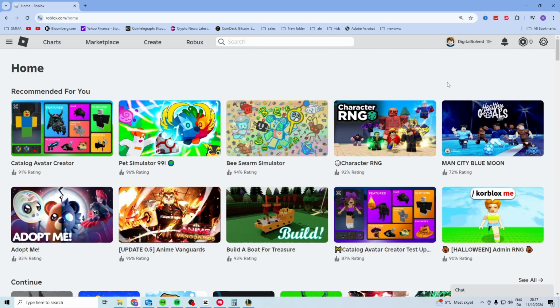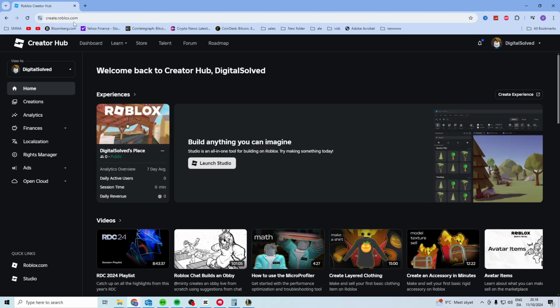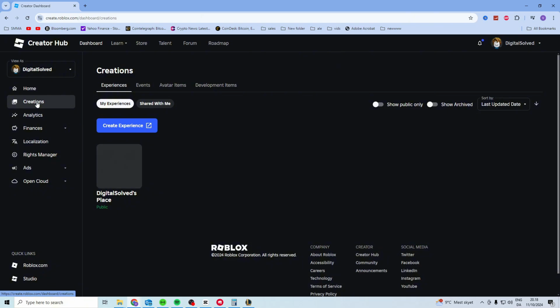In this video, I'll show you how you can change the Roblox game thumbnail. Now what you want to do is click up here on the create. There's a create button right here and you want to go into here. Once you're over at create.roblox.com, what you want to do is click on creations right here and you'll be able to